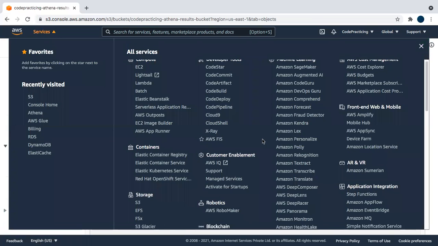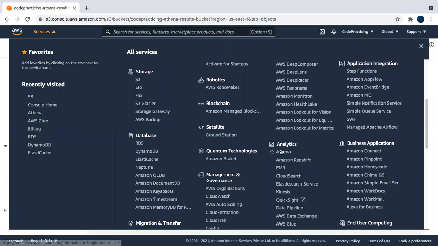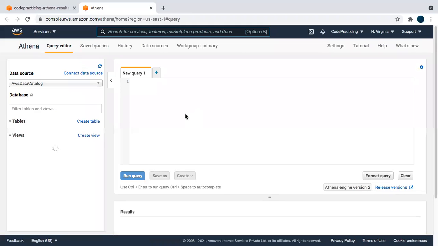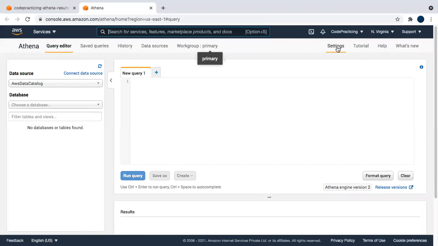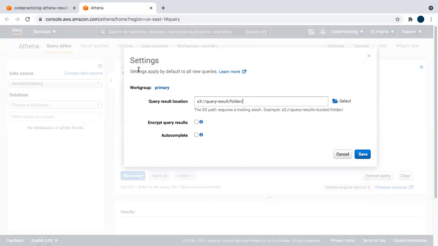You can find Athena under analytics. Click on this. Just click on settings. This is the Athena console. We'll get the settings that apply by default to all new queries. This is the query result location.